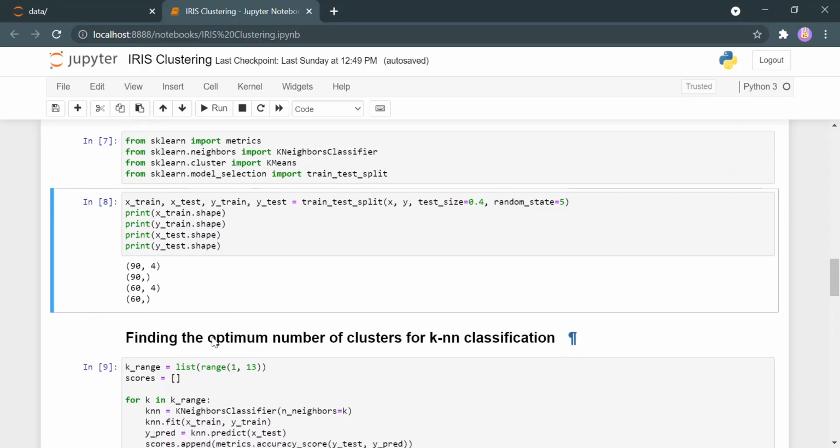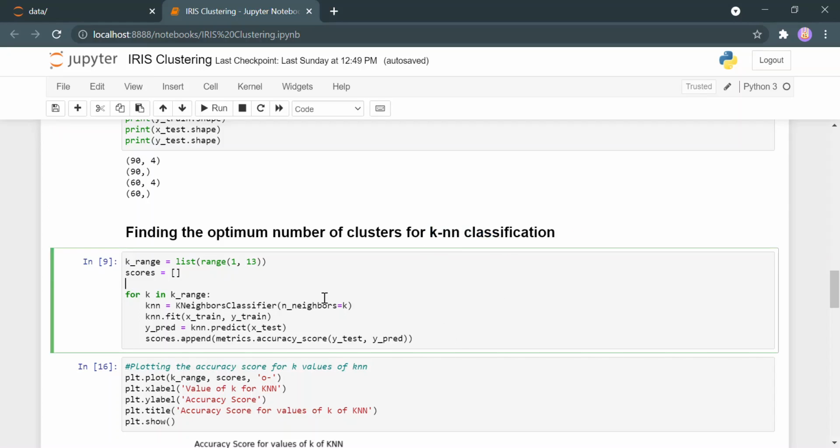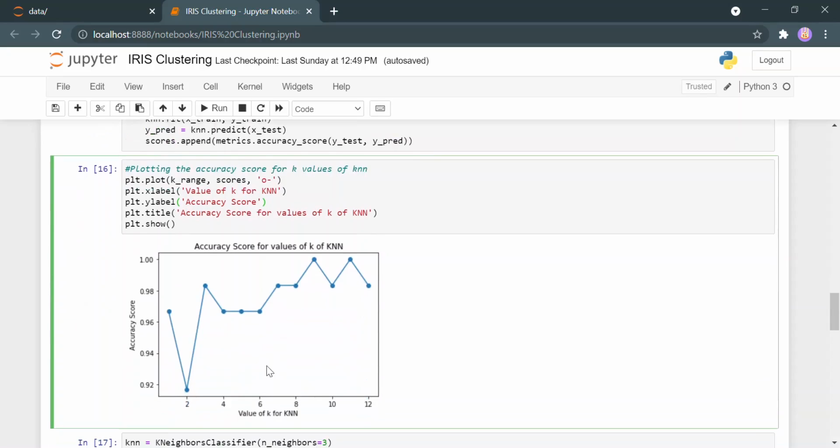For that, first we'll be checking it for the KNN. Here we have implemented the KNN algorithm, and we'll be checking its accuracy, which will be shown through a graph. As we can see from this graph, there are many values of k for which we can form clusters, but it is not confirmed that we have to form 9 clusters or 11 clusters or 3 clusters. They can be even more or less. So we are not sure about this for the KNN. So we'll apply k-means for that.